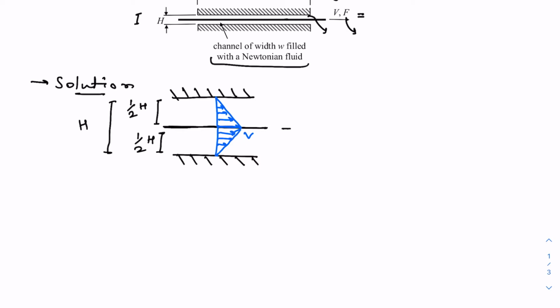So the linear profile. If the upward direction is y, the horizontal direction is x, and this velocity is u, then u can be written as a linear function of y, such that